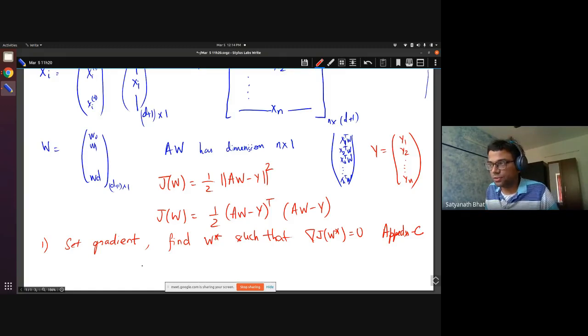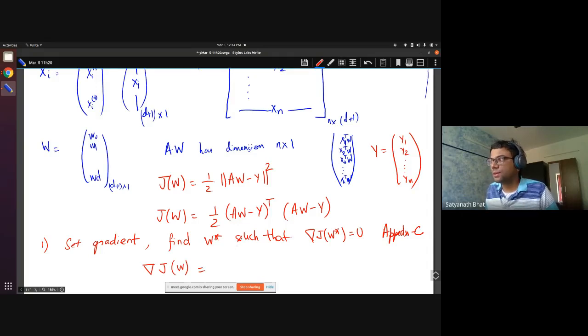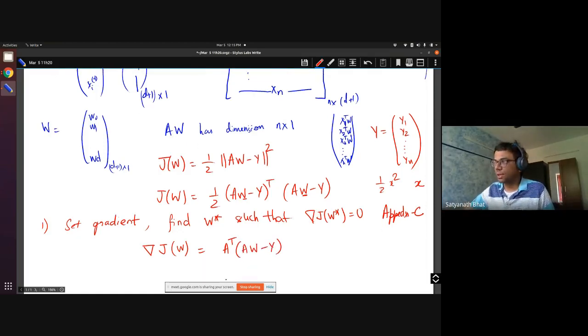But in any case, you have to believe me that the gradient of J of W is roughly like taking the gradient of half x squared. If you take the derivative of this, you'll get x. The gradient of this will be A transpose. The variable that we are taking the gradient with respect to was W. Since this is coming twice, there is a square here, so that gets removed by this 2. So what you will have is A transpose times (AW minus Y). You can work this out at your own time.